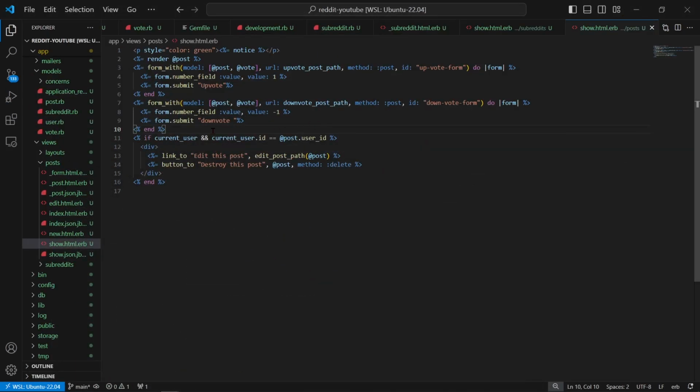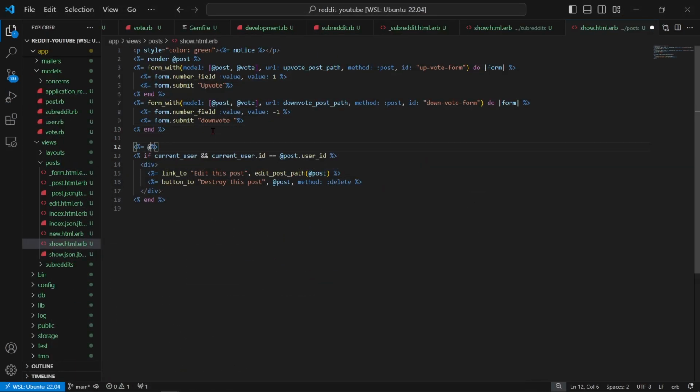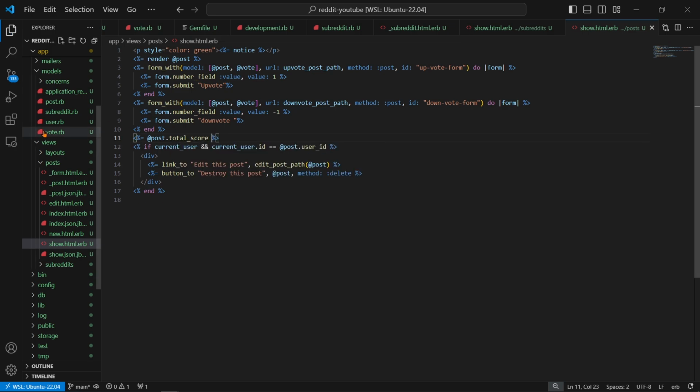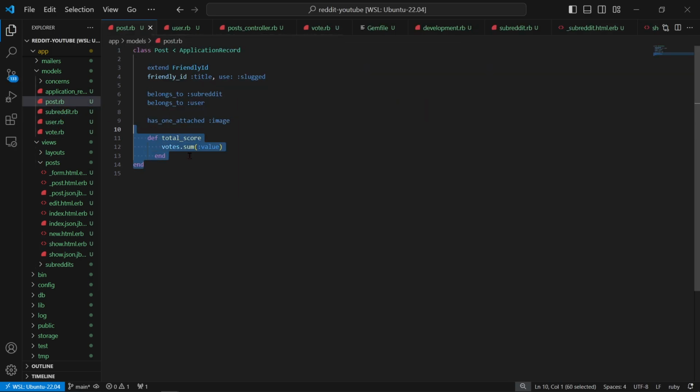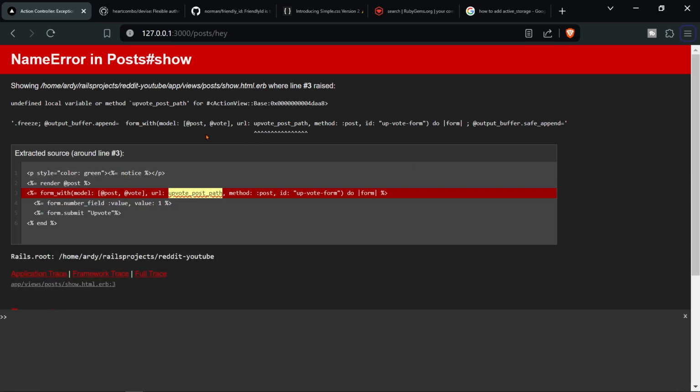And now what we can do is just say @post.total_score, because we defined it in our model over here. So any method that you define in your model, you're actually going to be able to use in your whole application. So that's pretty cool. So we're just adding the votes which we passed beforehand. So now if we refresh the page,